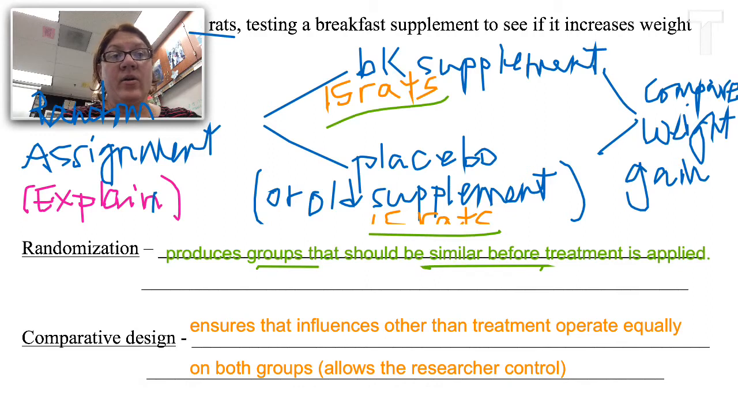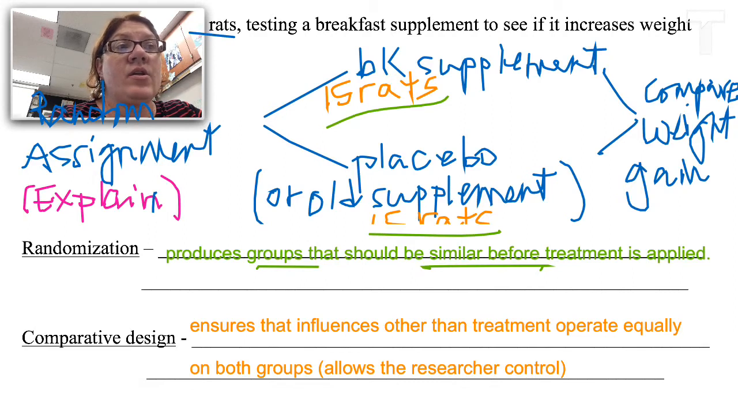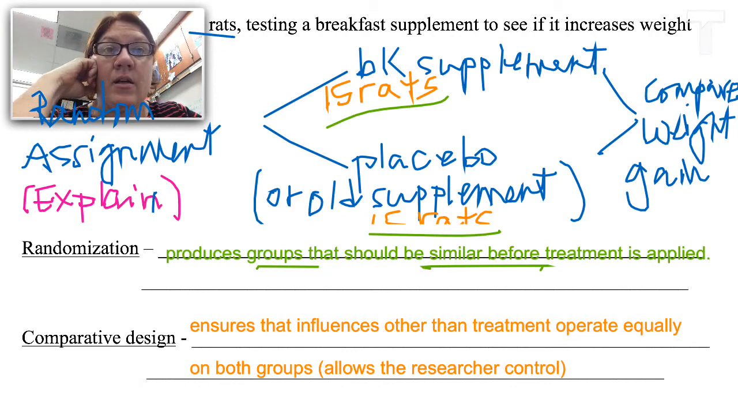And then by comparing, it ensures that influences other than the treatment operate equally. So in other words, because I'm comparing these two groups and I'm giving them each something, even if it's a placebo, it means that the only difference between the two groups is that one is getting a supplement and one is getting a placebo. So hopefully, if my treatment is working, then I should notice a higher weight gain for those rats. And this is what says, as long as you treat them both the same, so treat the groups the same,